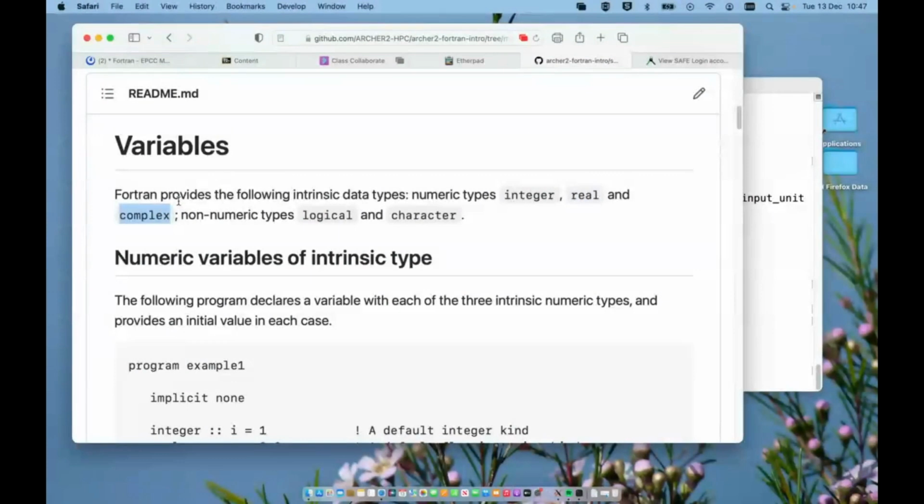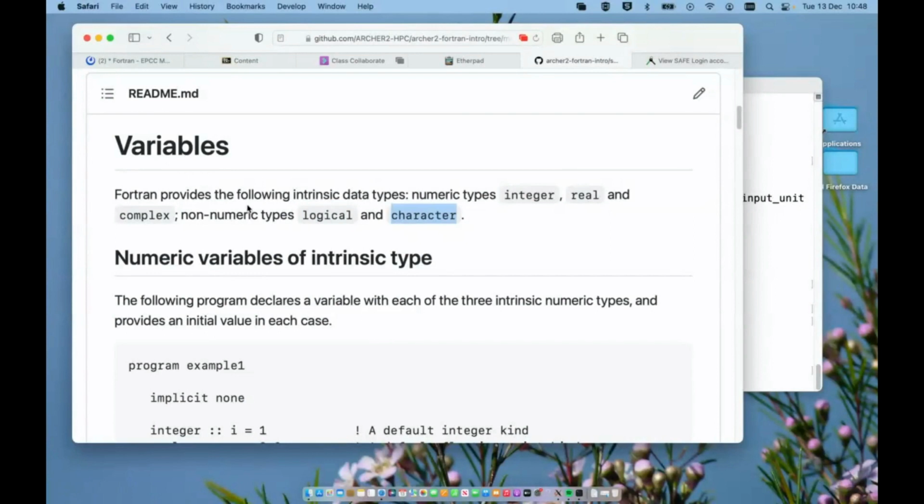Fortran has an intrinsic complex number type, which is good if you're doing things like quantum mechanics and so on. Those three are numeric data types. There are also two non-numeric types: logical, which is the analog of the Boolean type, true and false, and character,